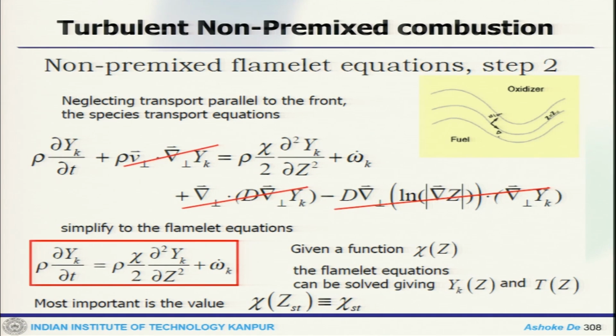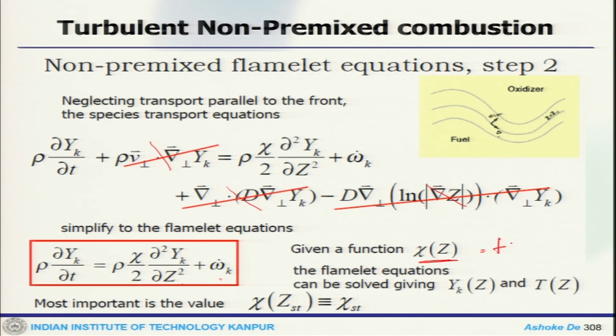Now in step 2, we neglect some terms. We neglect the terms which are parallel to the front in the species transport equation. If these are parallel to the front, this term crosses out, this term also goes off, and this term also goes off, and what we end up getting is the unsteady term of the mass fraction, the diffusion term, and the chemical source term, where the scalar dissipation rate chi becomes a function of Z, or rather